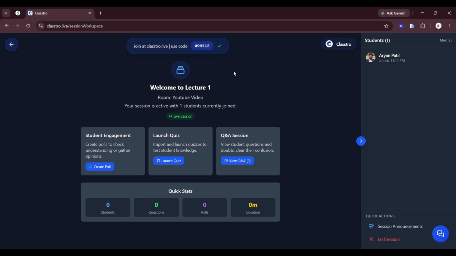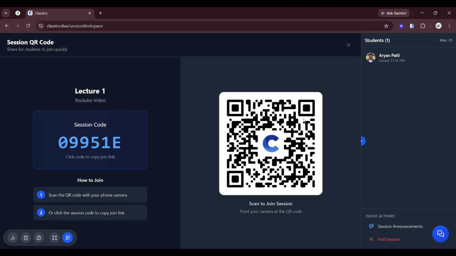Once you click on this, you can send this link to the students and students can join. As you can see, one of the students has already joined. So let me share the QR to other students to join. Let's wait for students to join quickly. Either you can click on this code and copy the link, or students can join through this QR. So we can copy this link over here,